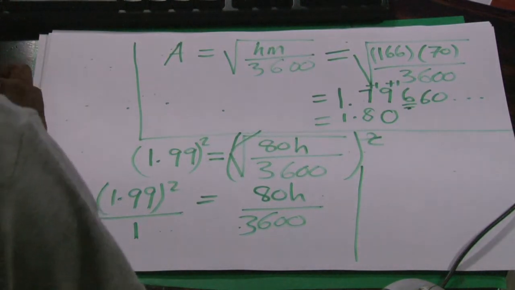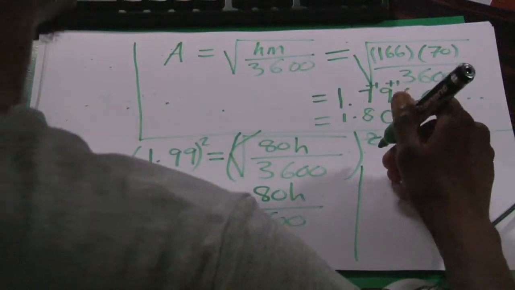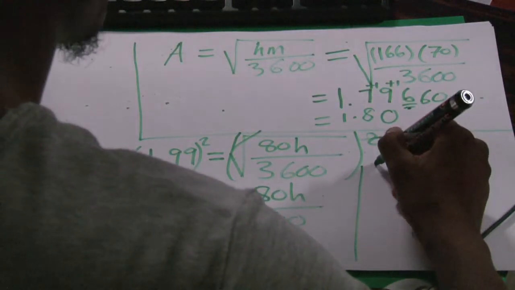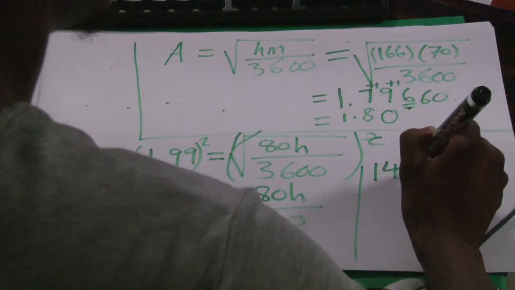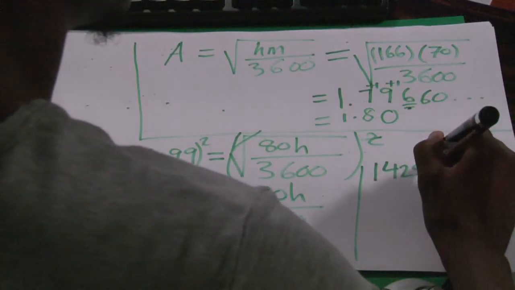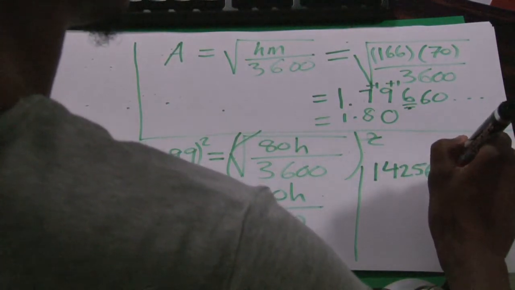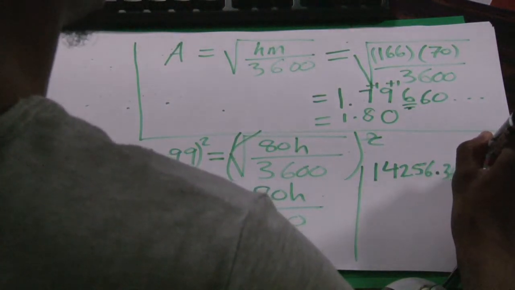You get a huge number, which is 1,425.36, and then you say this is equal to